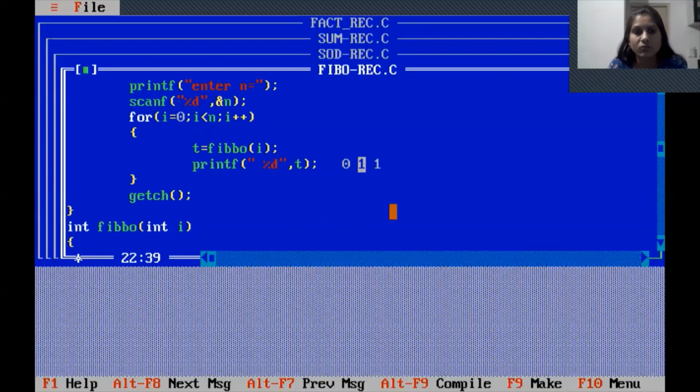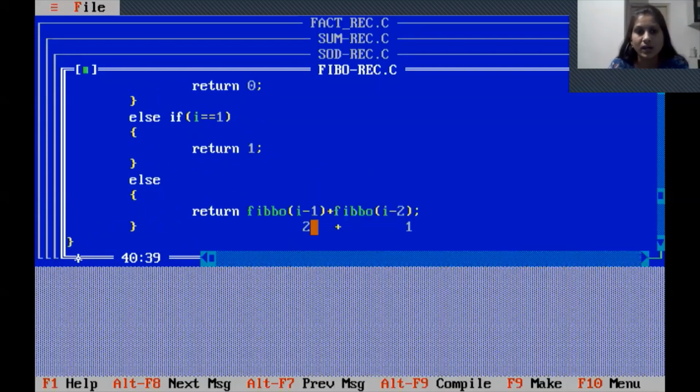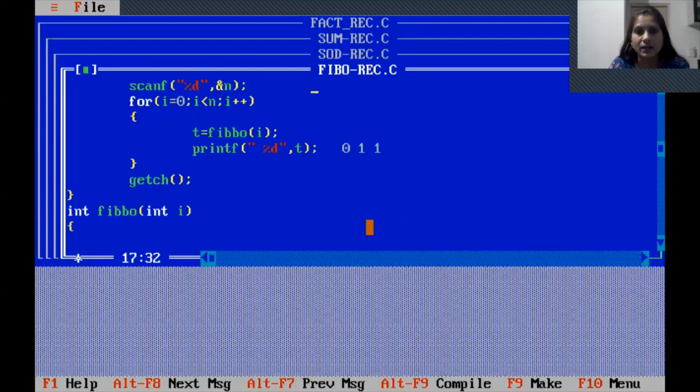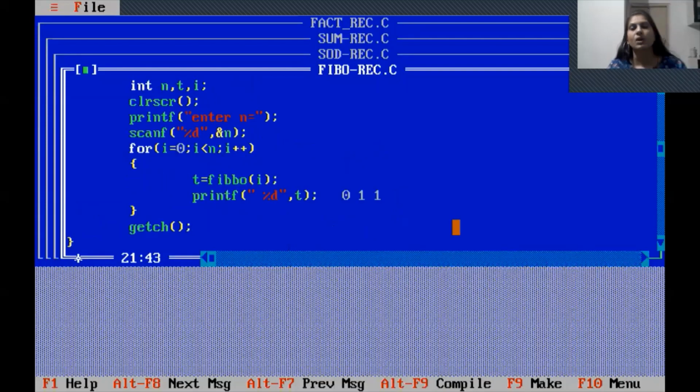So 1 plus 1, answer is 2, and that value will be written in t and we get 2. Likewise the Fibonacci series is generated up to the number n. Suppose n is 4, then this answer will be displayed because 4 terms will be displayed here. Clear? Now execute this program.